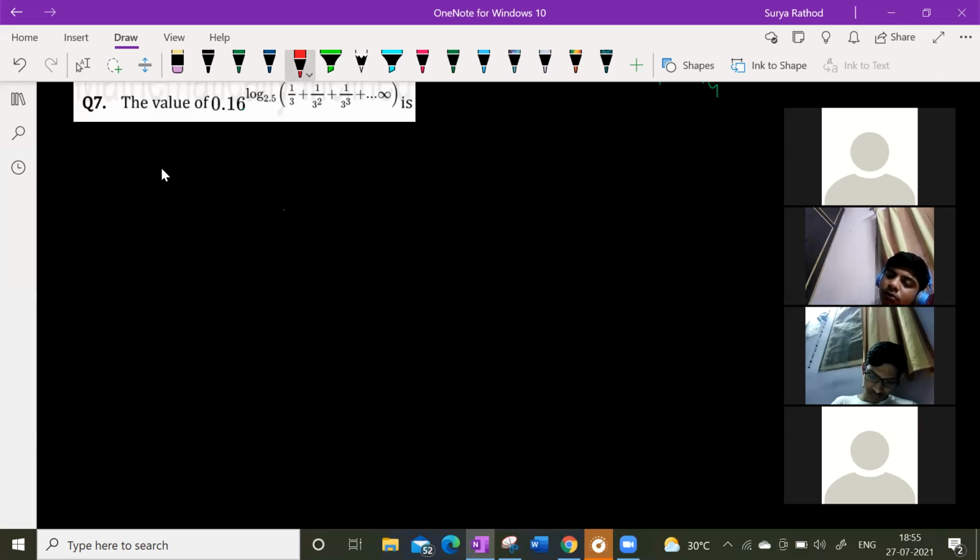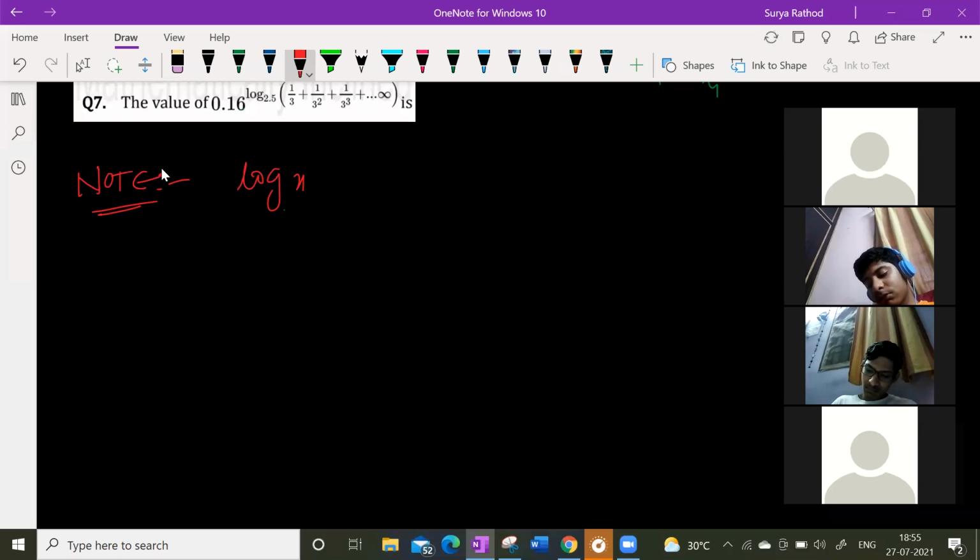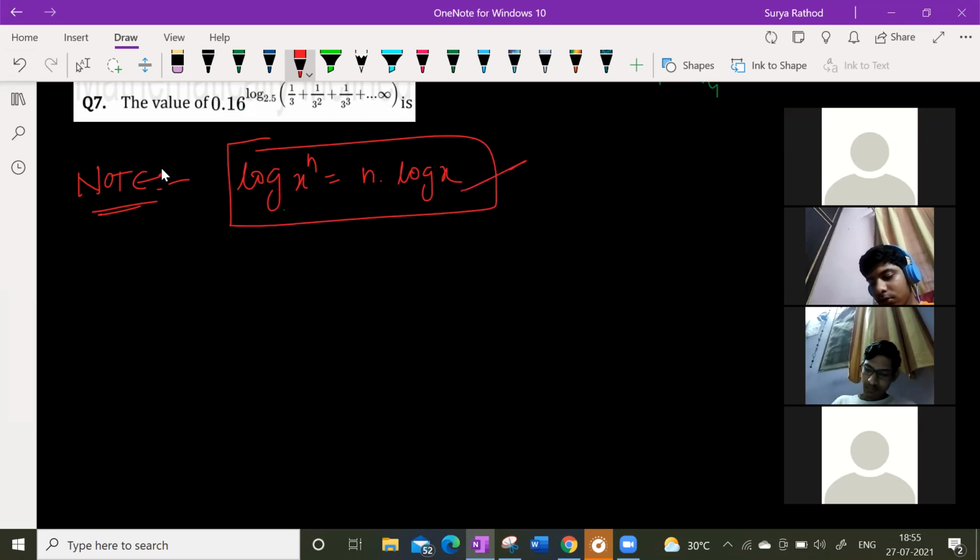Look at this here. Here we have a logarithmic property. You write a note here. If you do not know, guys, I'll tell you a logarithmic property. If I have log x to the power of n, this n will jump forward, and I can write n log x. Okay? Did you understand? This is one very important property which we can use here. I'll be teaching you this logarithmic lesson separately. Don't worry.